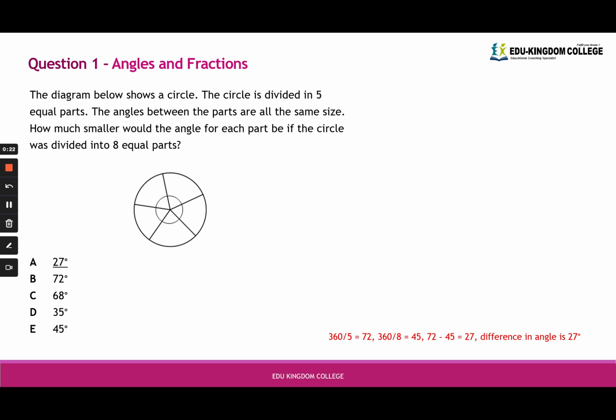Question 1, so angles and fractions, right? It says here, the diagram below shows a circle. The circle is divided in 5 equal parts. The angles between the parts are all the same size. How much smaller would the angle for each part be if the circle was divided into 8 equal parts? Okay, so what we need to realize here is that